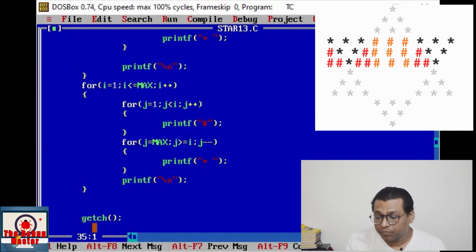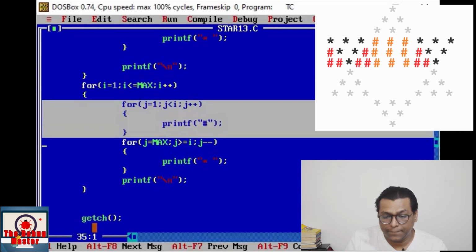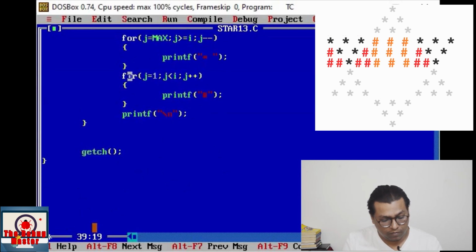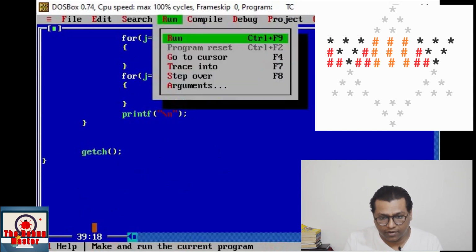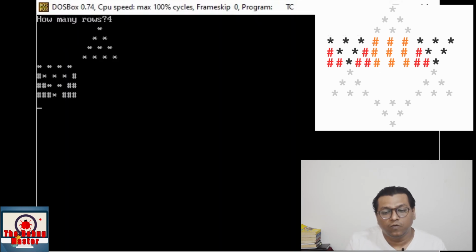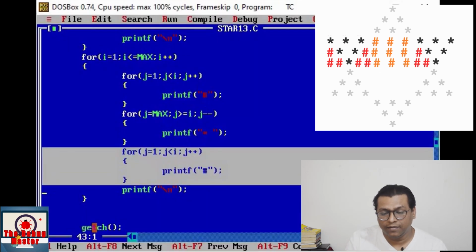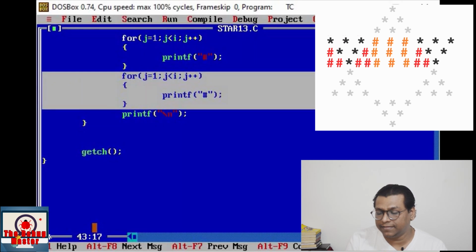So see the next part of star pattern, it's an increasing order hash again. So here simply copy the same part over here, compile it and run it. Now we shall print the next part which is highlighted in the image.